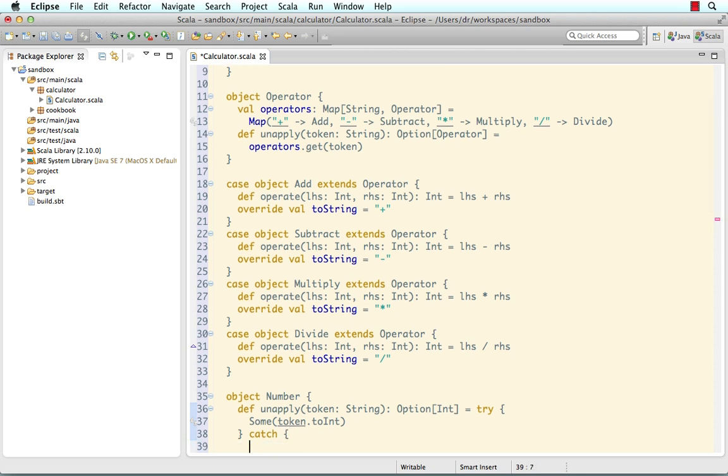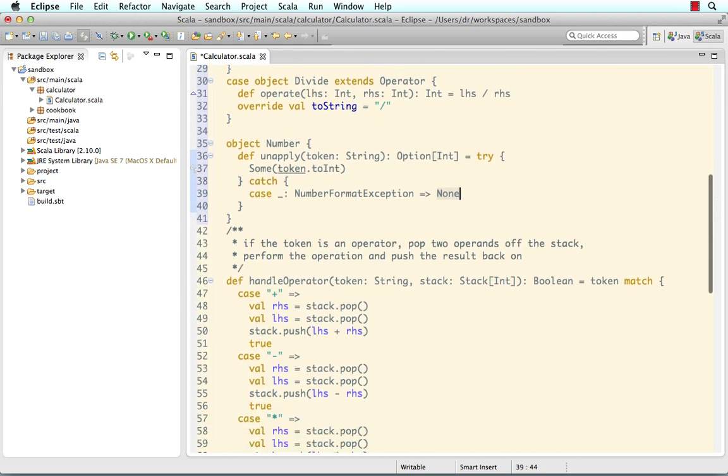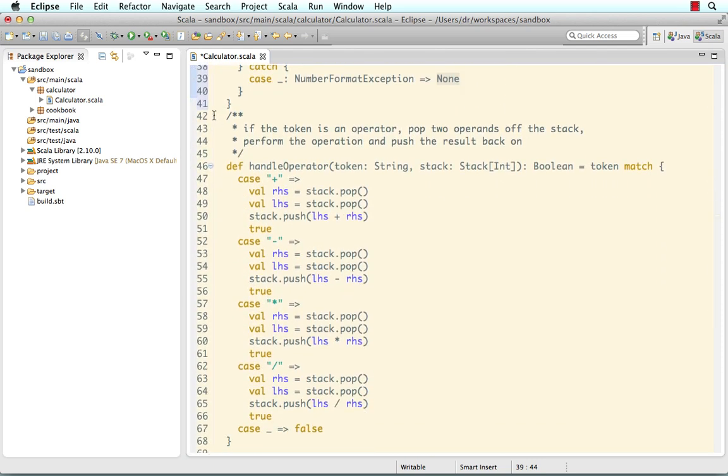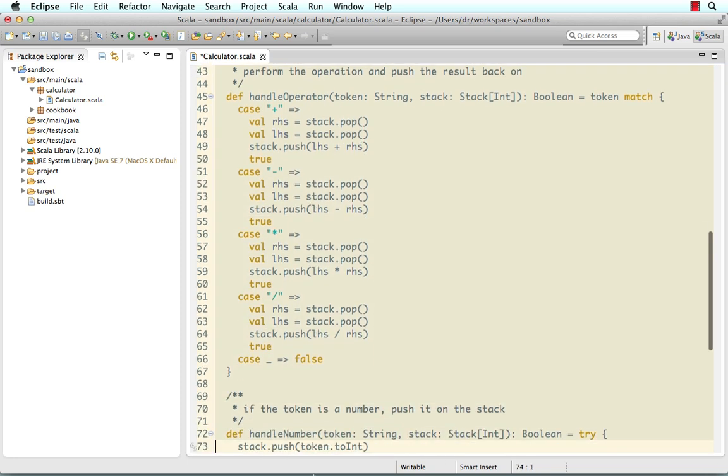And if it failed, we just return none. So now we have two extractors that we can use in pattern matching. And they don't do any stack manipulation, and I think that that's good design. But of course that means we need to move the stack manipulation somewhere else. So let's go and take all this code that we are replacing